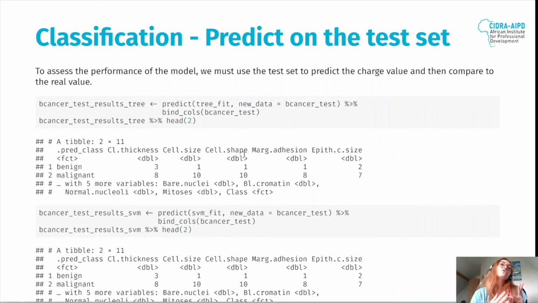To do that, we use the predict function. Again, I'm going to bind all the columns together, so we have everything in different data sets. I'm going to do the same for the tree. So I'm creating a data set for the tree, and a data frame for the SVM. You can see here the first two observations for both. The prediction of the first is benign and the prediction of the second observation is malignant. We have the same predictions for SVM, so we are predicting the same for those two observations. But as you can see, I'm not showing you the class, so suspense for us to see the actual evaluation